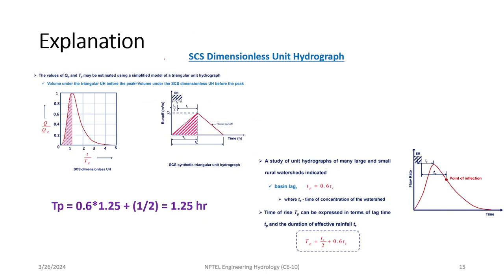Okay, so this entire method, SCS and dimensionless unit hydrograph method. So you can see the values of QP and TP may be estimated using the simplified model of a triangular unit hydrograph, right? Then for this triangle, you can see TR by 2 directly visible, and then TP is there. But if we are trying to incorporate time of concentration in this picture,